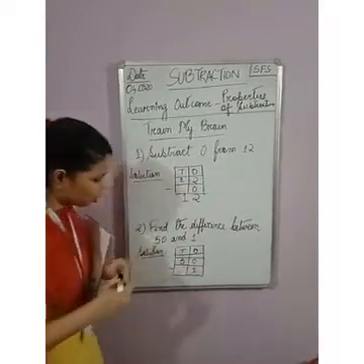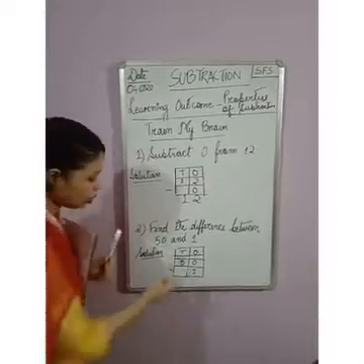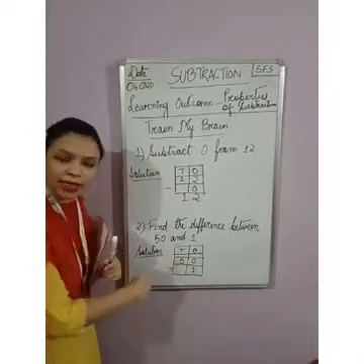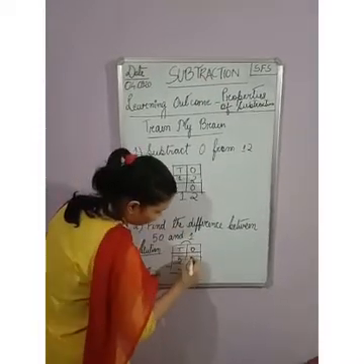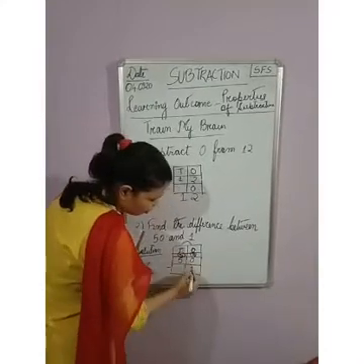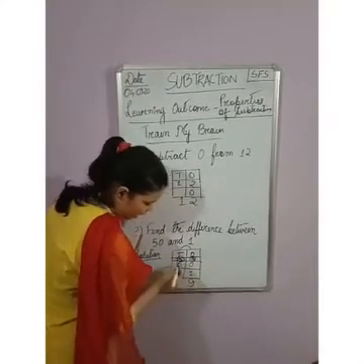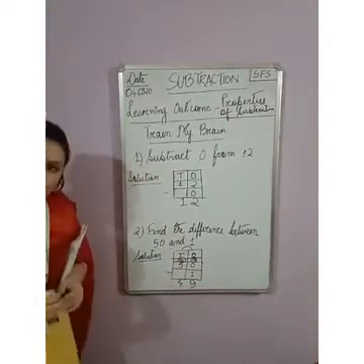Okay. Now here 0 is a smaller number. So what will it do? It will borrow from 5. That means there is regrouping. So when it borrows from 5, it will become 10. Okay. And this will become 4. So 10 minus 1, 9. And here the new number we got is 4. So the answer is 49.